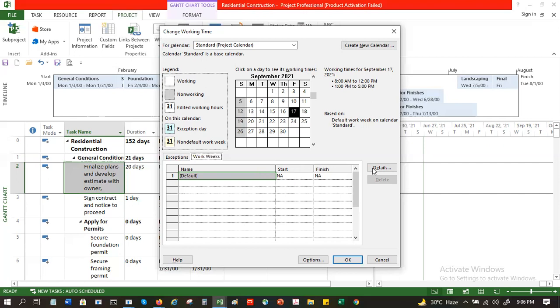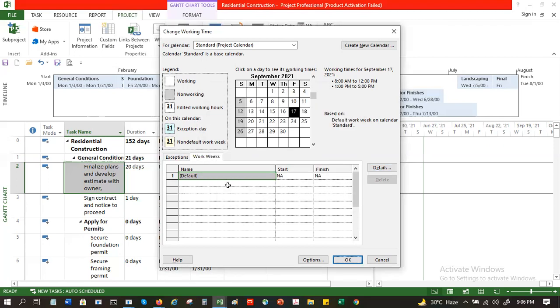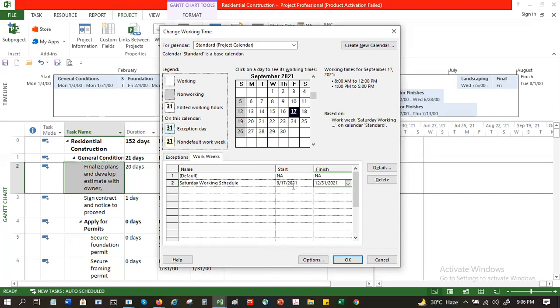You can also do this, like sometimes you might have to create a Saturday working schedule. Let's say I want to do it till next year.